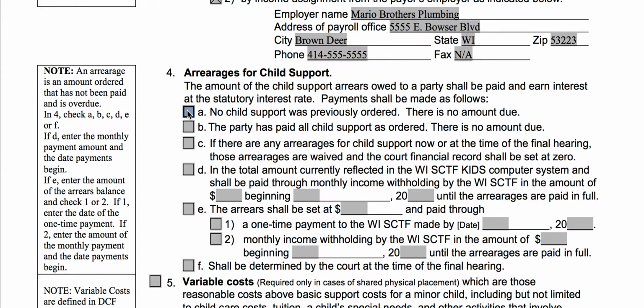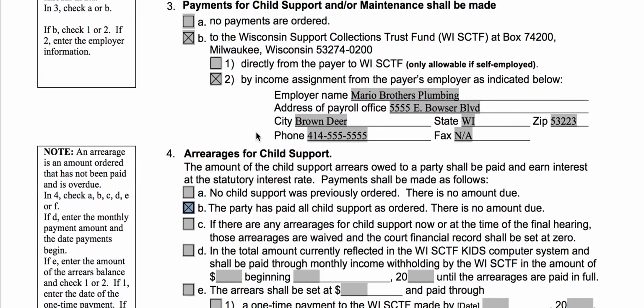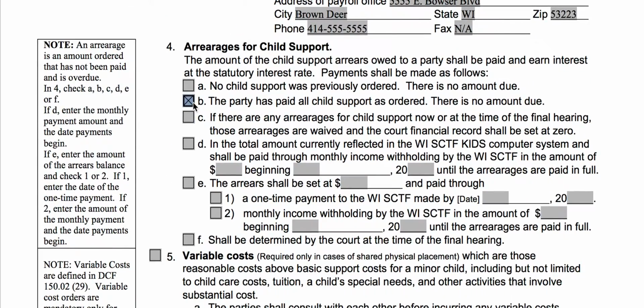If there is an order for child support, but the person who was supposed to pay has made all of the payments like they were supposed to, you're going to check B. So that'd be, if John was supposed to pay Jane $200 a month, and he's done that. He paid every month $200, and they're good. We can do B. If there are arrears, so at least one payment has been missed somewhere, or you think there might be, C is saying that,